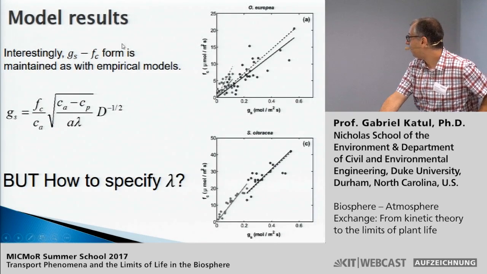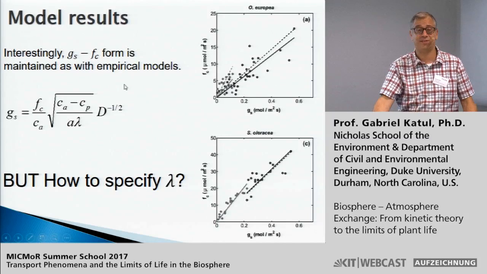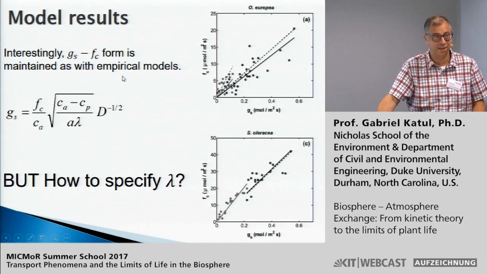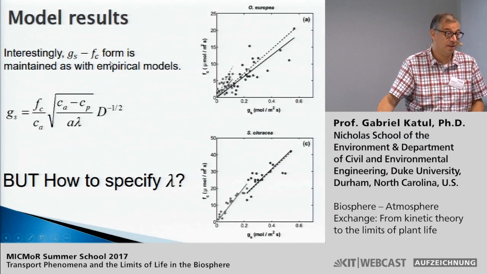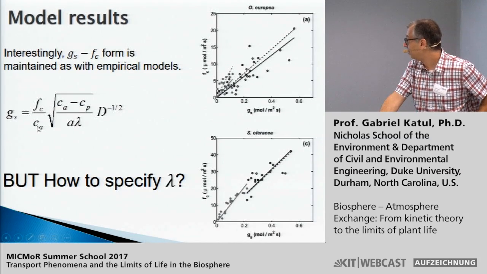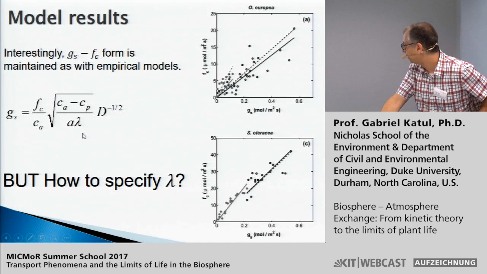What she also found rather interesting is that if you plot now stomatal conductance as a function of photosynthesis, the linearity between stomatal conductance and Fc over Ca is not disturbed. In other words, the mesophyll conductance is not altering that relation, even though it is finite and it could be somewhat affecting the outcome of the flux. Okay, so the interesting thing is that the stomatal conductance as a function of Fc over Ca seems to be robust, despite the fact that mesophyll conductance still enters into the equations.